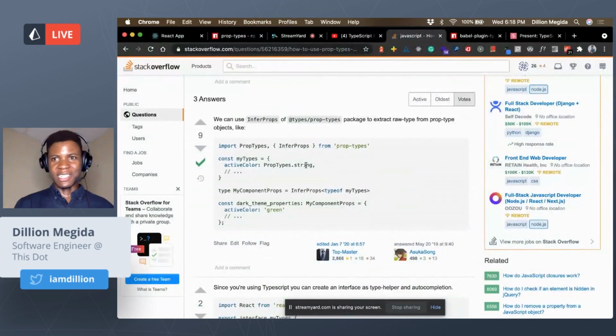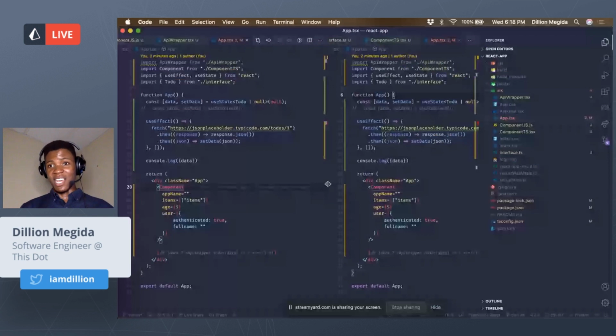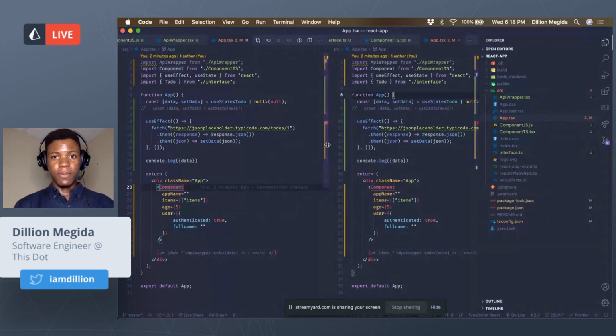Okay, I didn't do it for a reason, and I'll let you know in a second. So this is your prop types here, and then you can do your type props equals to infer props, and then you are inferring the props from these types here. But the reason why I didn't do it before this presentation is the latest version of TypeScript does this automatically for you. So with the latest versions of TypeScript, even if I use a prop type here,